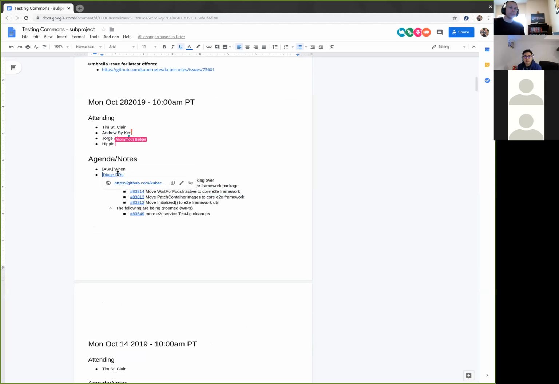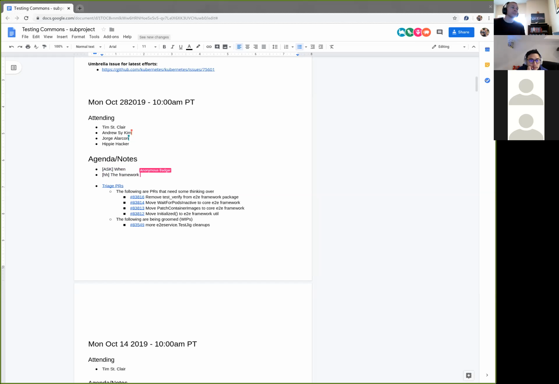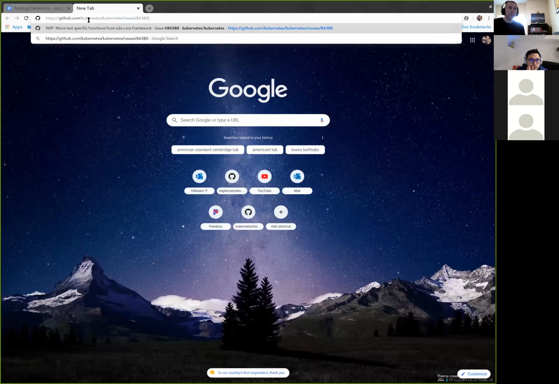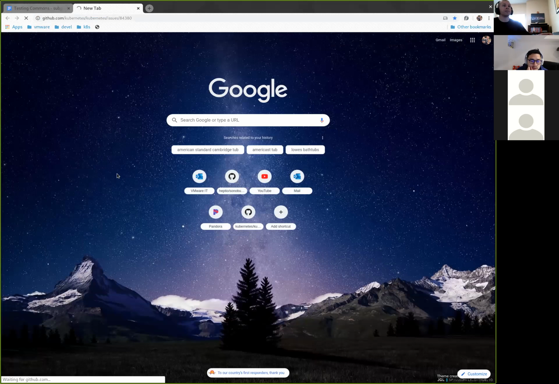And so I think we all agreed that if there's a method or function that is called in more than two separate test packages, then we can pull it into the framework. And if it's called in two or less, then we just duplicate it into those packages and keep the framework simpler and cleaner. I think it's just worth hashing that out in this call and at least coming to a consensus in the subproject.